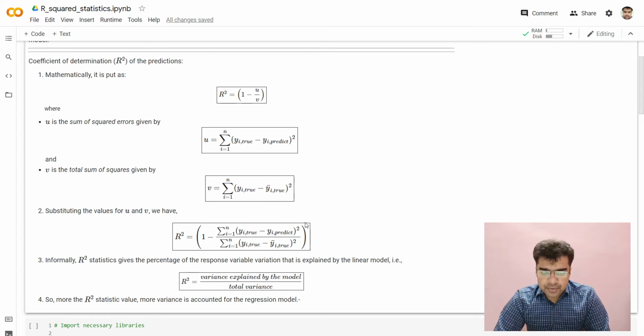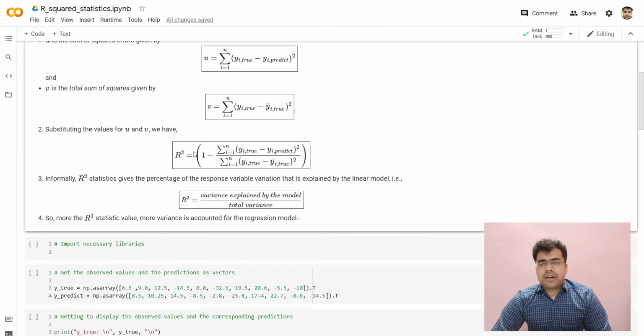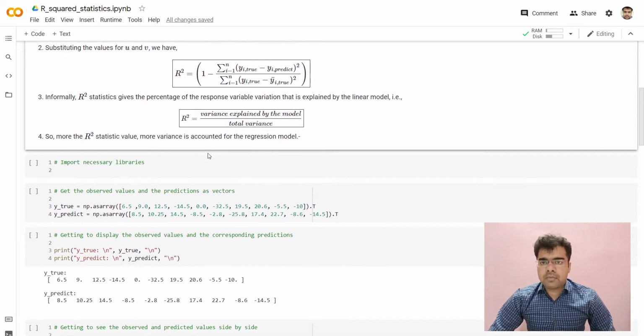Is this fine? Okay. So now that you have learned how to mathematically model this R squared statistics and what its interpretation is all about, we will now move on to implementing R squared statistics in Python. As far as the interface is concerned, I'm using Google Colab. I'm sure you know what Google Colab is all about. In case you are not sure about this tool, Google Colab is a utility provided by Google, and it allows you to run your Python programs online. For more details, I have put the link in the description, so you can go and check this out. Okay.